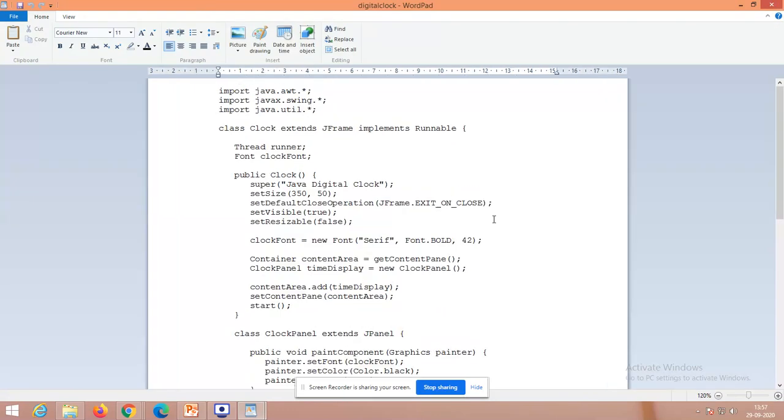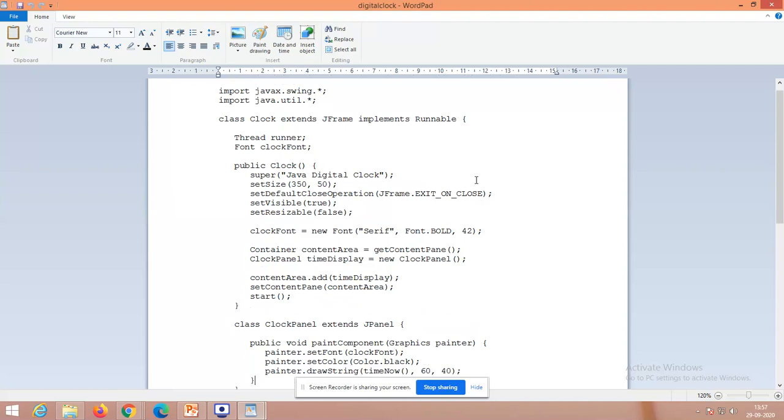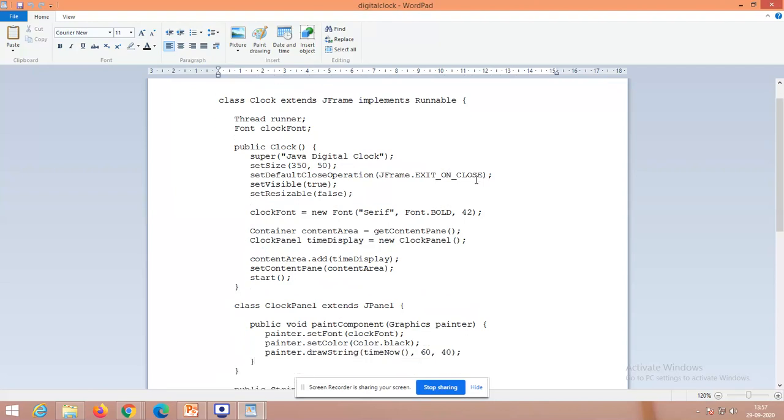Right? This could be your digital clock, right? So the digital clock size that we are going to fix. What is the font that the clock numbers have to be displayed in? Okay, so the display panel will be fixed on the pane, and we are going to start the clock. So what are the fonts, what are the colors that we are going to mention? It is going to work. Time now, it is the function which will print a clock.